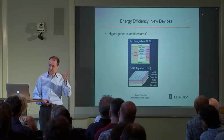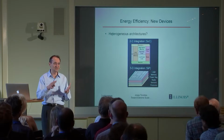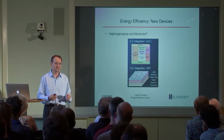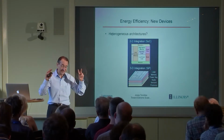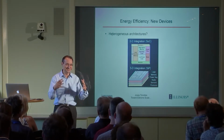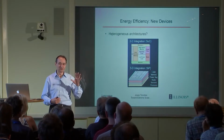The vision is this heterogeneous architecture, where in the same die you have transistors of different types, right? We were very excited, and I've been working with Intel, or trying to work with Intel, sending emails and papers and ideas to a group in Intel and never getting anything back. So this is kind of